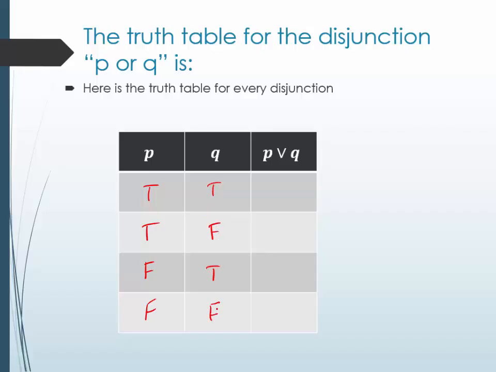They will always be that way for P and Q, at least when it's just P and Q by themselves. When we have three of them, and we'll get to that in a little bit, they extend a little bit more. So we're talking about the truth table for every